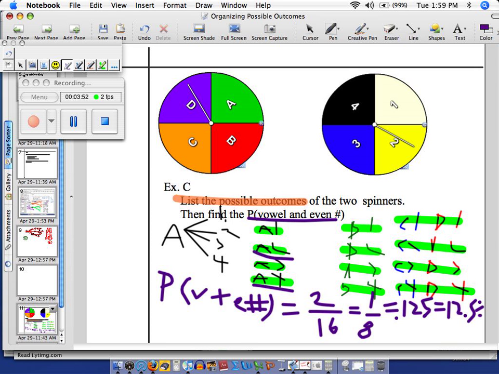Rather simple, okay? It's just a system of organization. Make a list of all the possible outcomes of these two spinners, and then that's your total outcome. Then you look for what you were desiring. I wanted to find vowels paired up with an even number. Only 2 occurrences of that. I think the toughest part of this is the changing of fractions to decimals, decimals to fractions, which your homework has